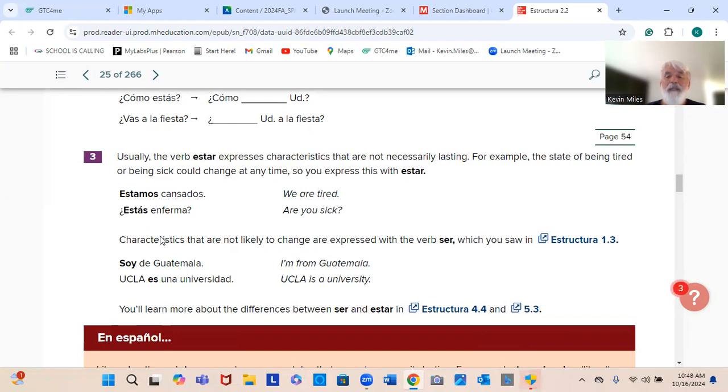Okay. This is very important. Usually the verb estar expresses characteristics that are not necessarily lasting. They're temporary, like emotional states or physical states. For example, the state of being tired or being sick could change. They're temporary, so we use estar. So we wouldn't use ser here. And that's the main thing I want you to take away here. There's more to the differences between ser and estar, but just basically we'll be using estar in this unit with emotional or temporary states, physical states like being tired or sick